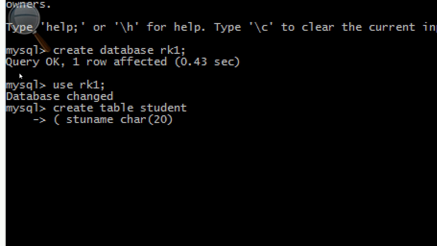Okay, then press comma and press enter, then type the second field name, suppose stu class, space, the data type. Suppose character, char of 5, size is 5. Then again comma, again press enter, then next field, suppose stu roll number